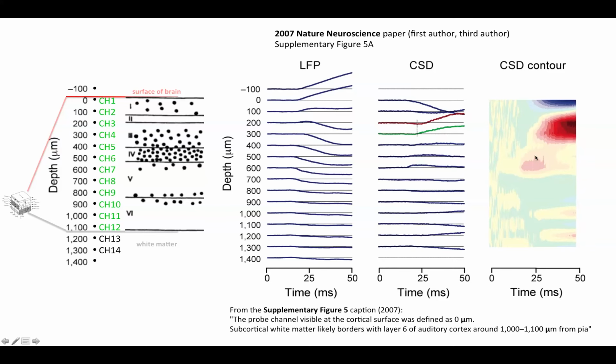This was excused as being a layer 6 axon collateral, but layer 6 is all the way down here. So it's pretty hard to call this a layer 6 axon collateral when it's about 500 microns away from layer 6, and it just happens to be right in the middle layers. It just happens to be right where layer 4 is. So it's really a mistake and a missed opportunity that the lab never analyzed this middle sink, and instead they just compared two samples of the same very superficial sink in layer 2-3.